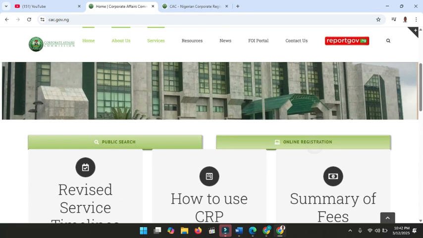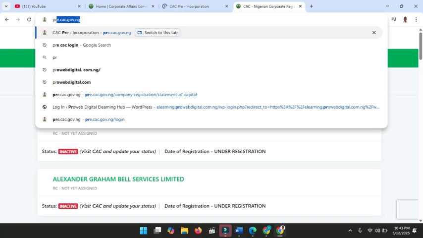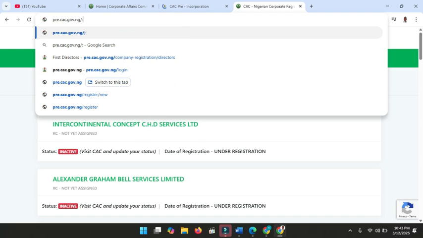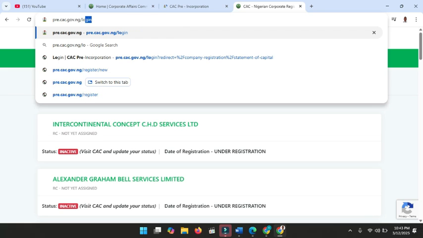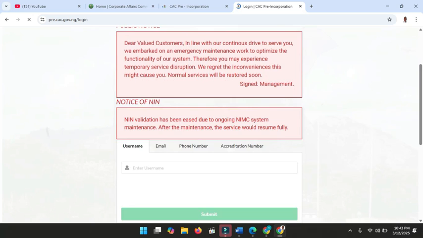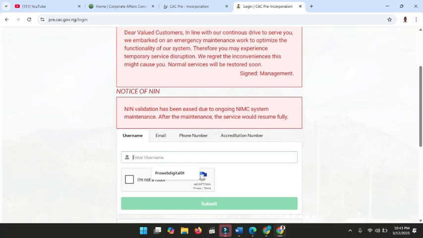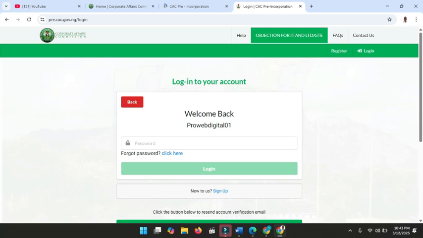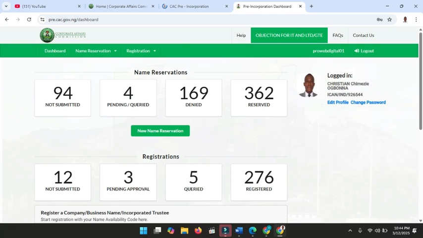From the home page, search for online registration, or from your browser you can just type pre.cac.gov.ng/login. I want to login, so whichever. So this is the login dashboard. Start by inputting your username, enter your password. So now I want to show you how you can apply for name reservation, but before then I need to